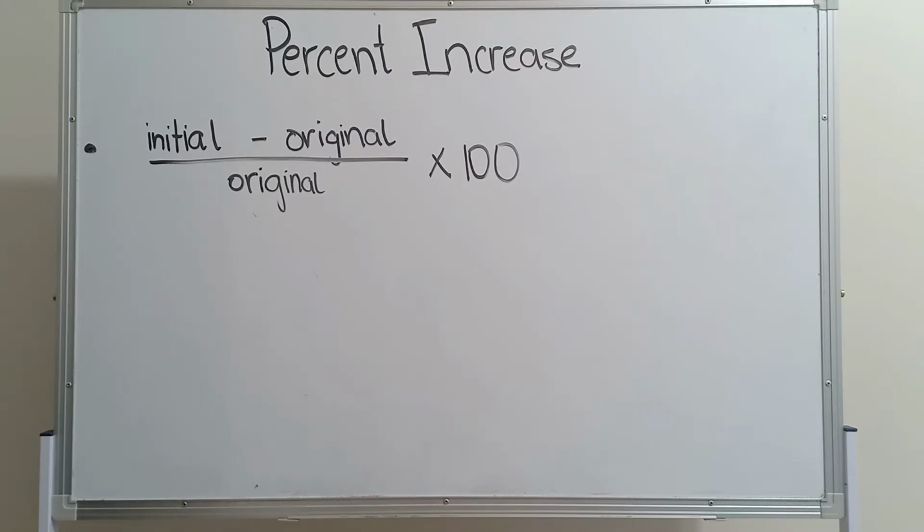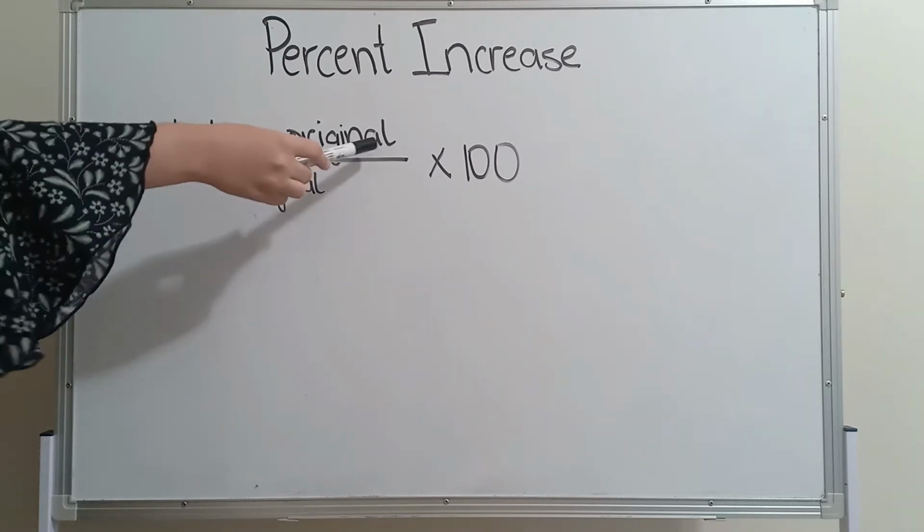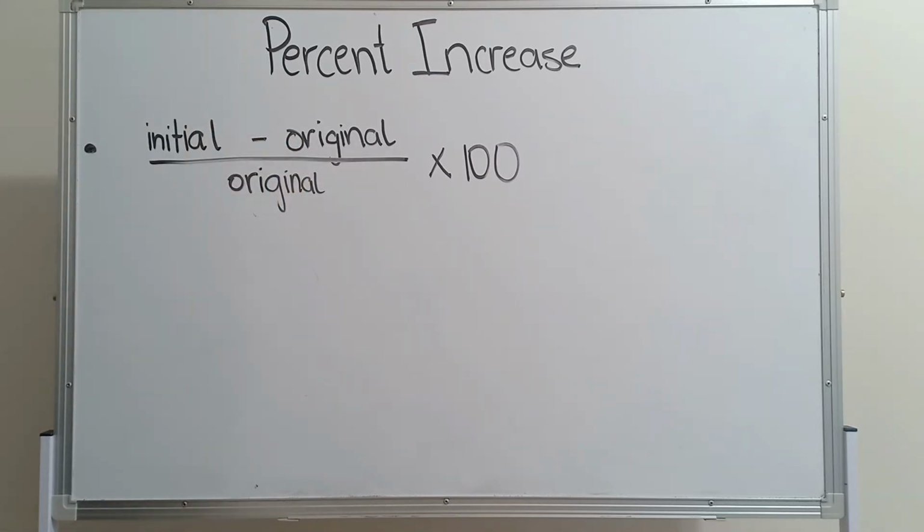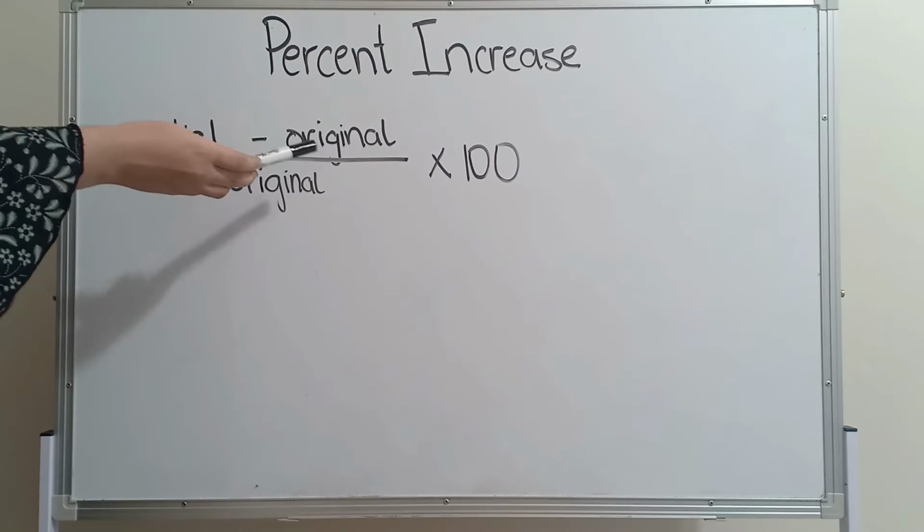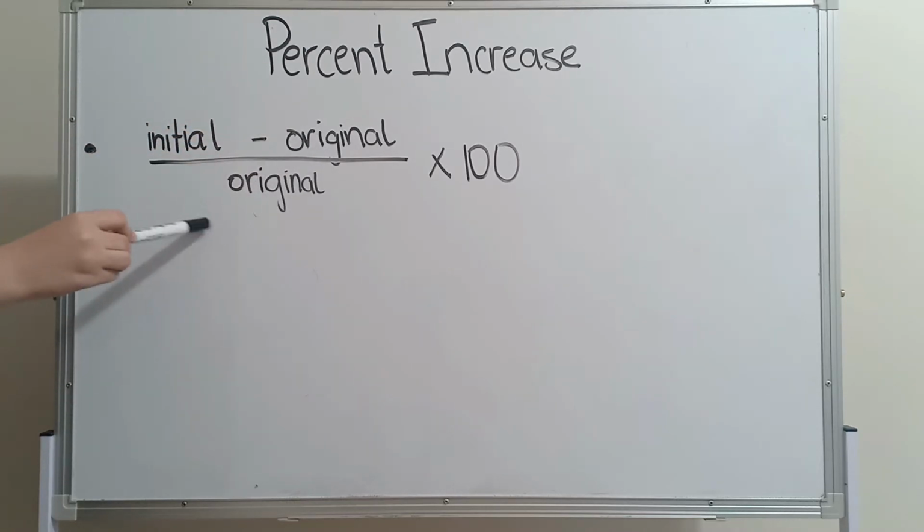How we find the percent increase is we take the initial value, the value which has increased, and we subtract the original value from that. The original value is the one that was before, and then they give us another value, the increased value, meaning the one they added to it, and now they want us to find the percent increase. So we take the increased value, subtract the original value from it, and then we divide the difference by